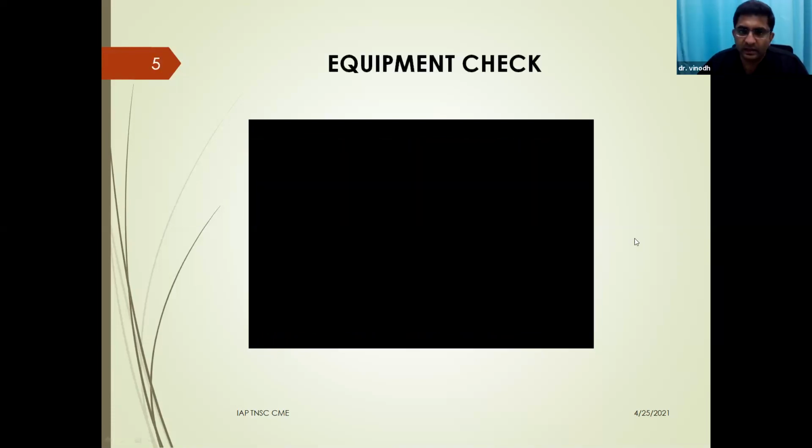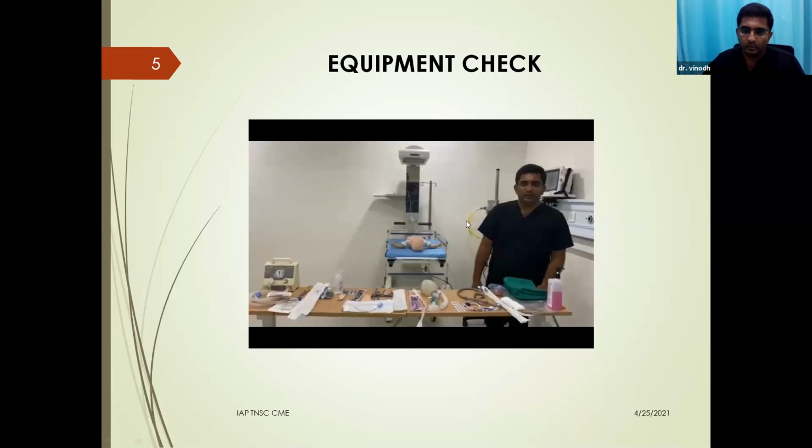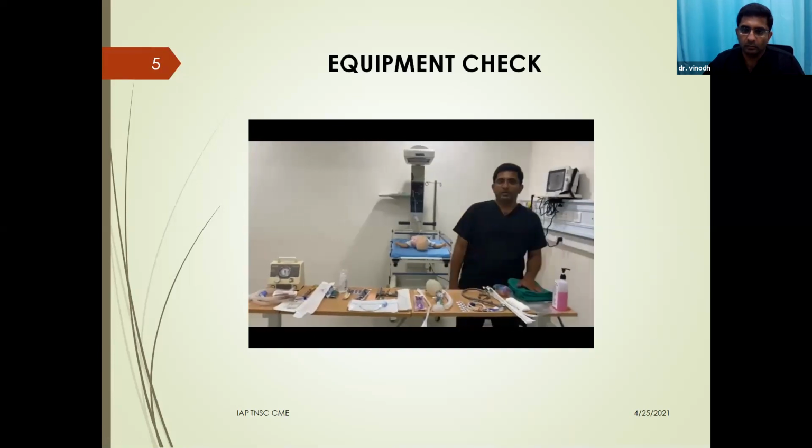So we assessed the risk factors, anticipated the risk involved. So we have started on team briefing, we have briefed the team, and now we move on to equipment check. Coming to equipment check, in this we are supposed to check for the availability of all the equipment that